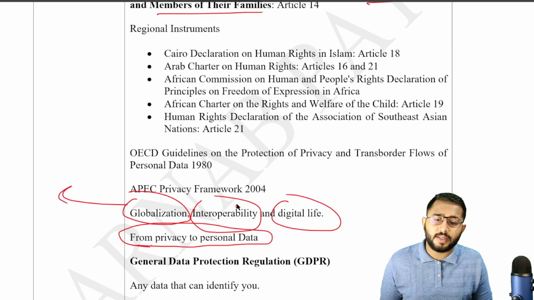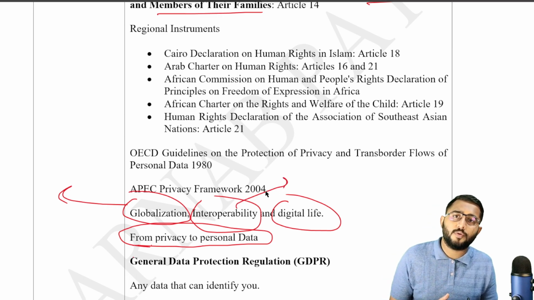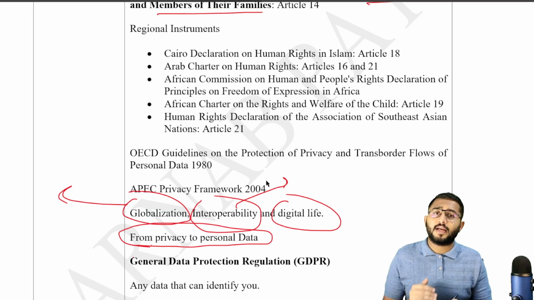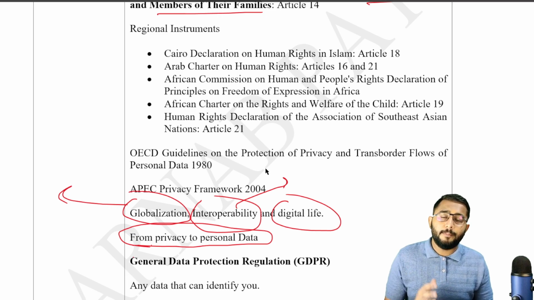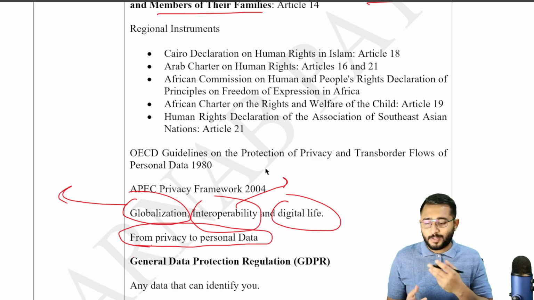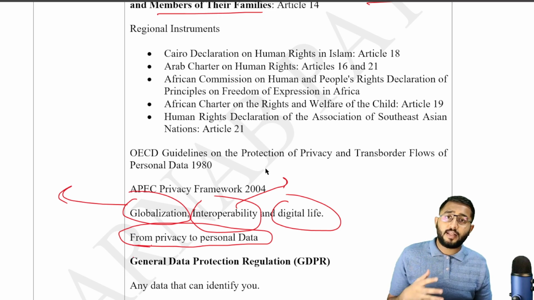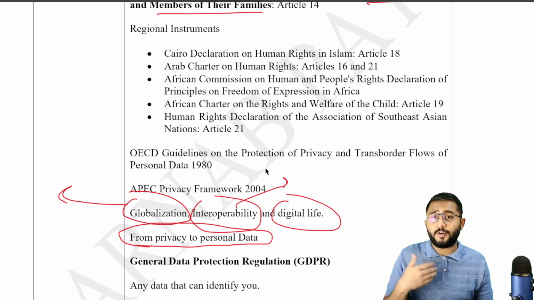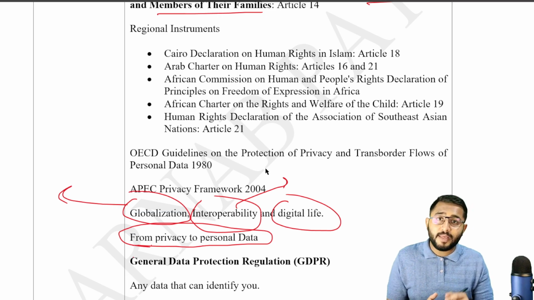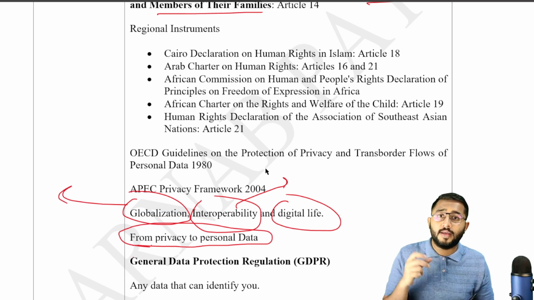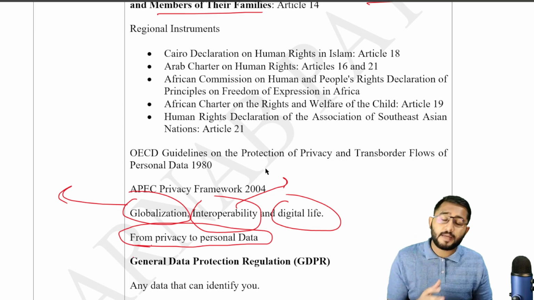Then comes interoperability. आज अगर मैं अपने फ़ोन के थ्रू सर्फ कर रहा हूँ, किसी इंटरनेट कैफ़े में जाके सर्फ कर रहा हूँ, या किसी वीडियो को वॉच कर रहा हूँ, चाहे वो फ़ोन हो, लैपटॉप हो, कंप्यूटर हो, किसी में भी, because how internet works, it works on every single device and it collects data on me based on different trackers. Be it me watching a video, it will tell them about my preference. Be it me shopping online, it will tell them about my preference. Be it me eating certain kind of foods or watching certain kind of shows, again it will tell certain kind of preference about me. And because of all these interoperabilities, it becomes even more necessary.